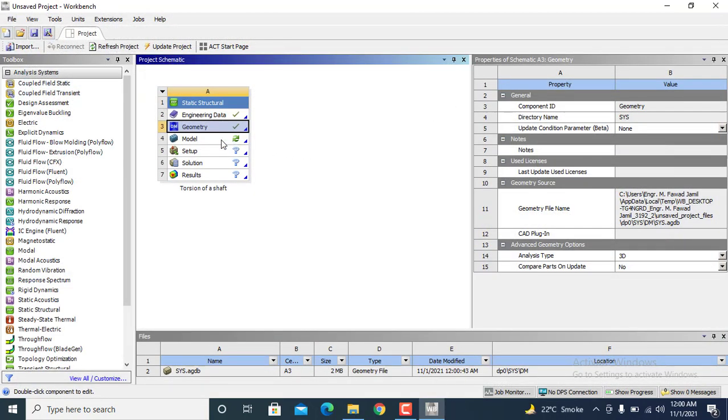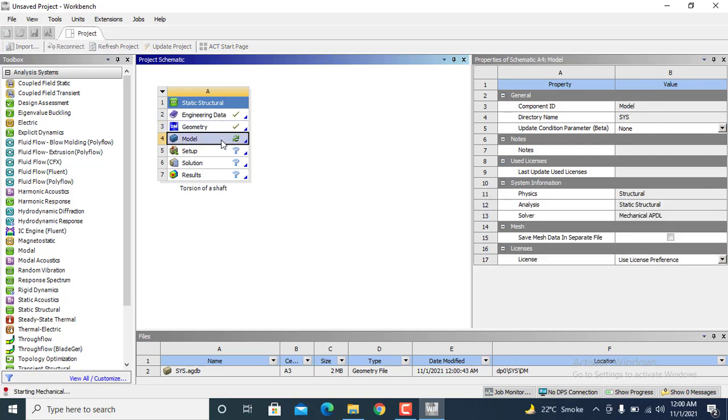There, double click on the model tab. It will start the ANSYS mechanical window in which you can do three things. You can create mesh, you can assign boundary conditions, and the results required is entered there. It is opening. As you can see, a tick mark near the geometry shows that our geometry has been successfully saved in the new design modeler tab. It is currently opening the ANSYS mechanical, which you can see again by viewing the bottom left corner of the workbench window.